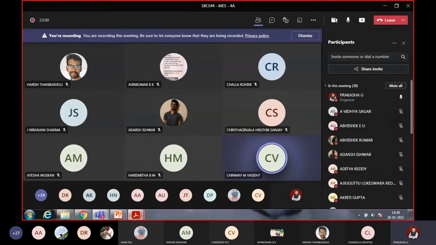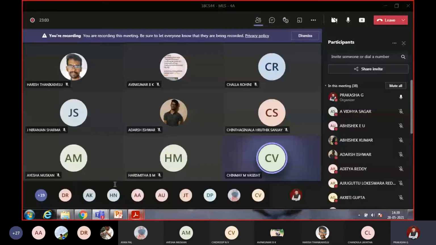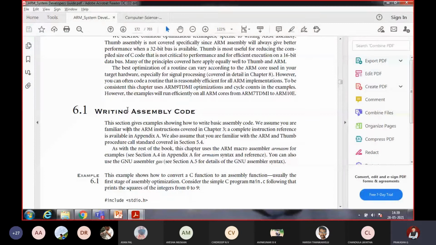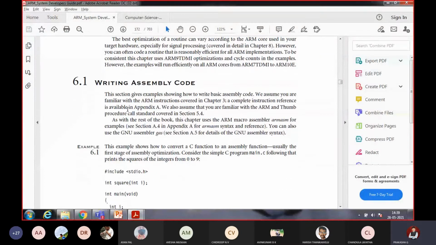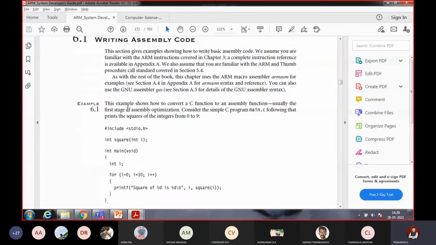See, it's very simple. I'm just reading the textbook. It's showing how exactly we can write the assembly code. This we already know, no need to discuss. This is the C program, the same C program. How to write the C program in your assembly code. This is an example of a C program.